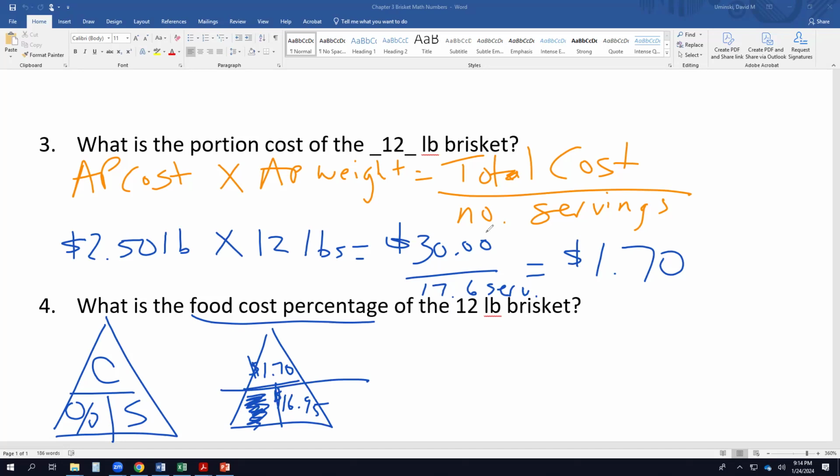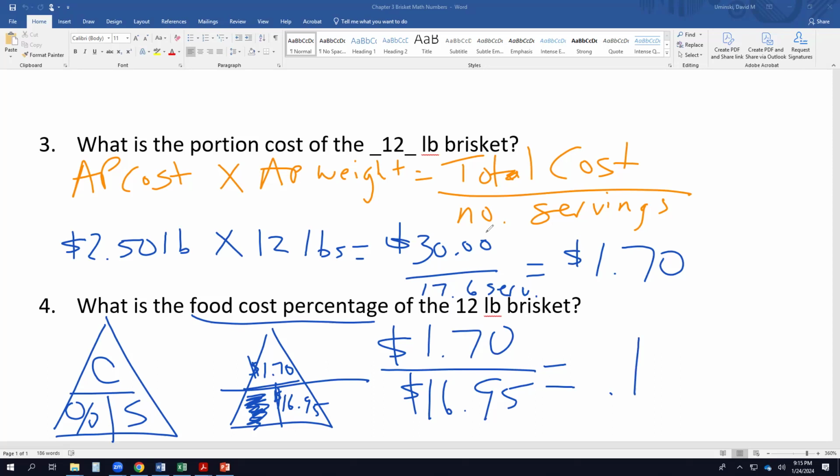And now we have our math problem. $1.70 divided by $16.95. And what do we get? .11